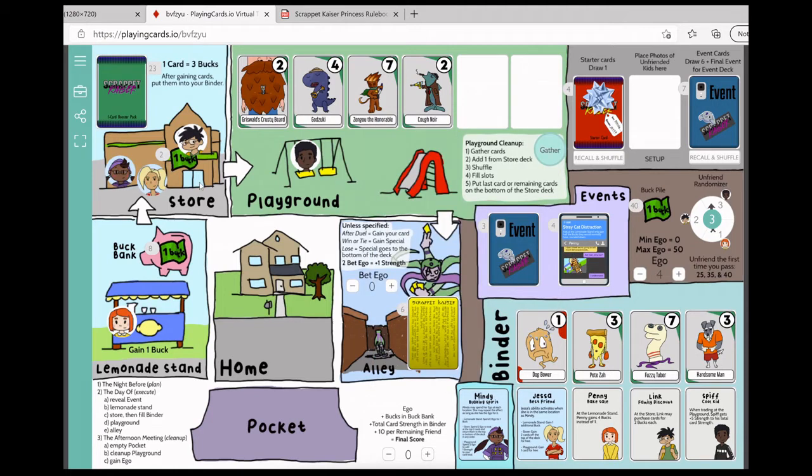At the store, kids will spend any held bucks to buy as many cards as they can. You cannot prevent a kid from buying cards during this phase. If Mindy is at the store, you can spend 2 ego to peek at the top 2 cards of the deck. Then you can return them to the top of the deck, or place them on the bottom of the deck,